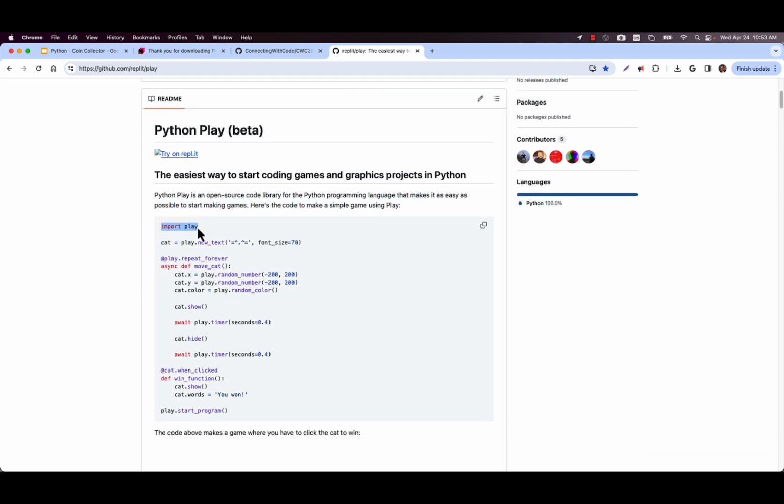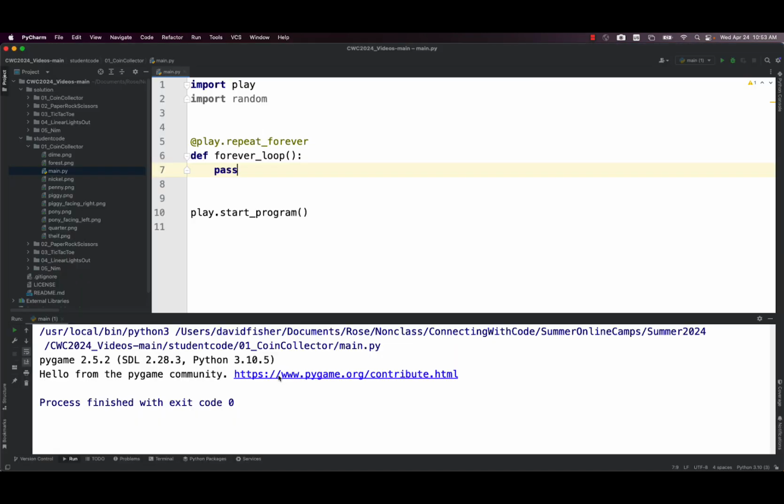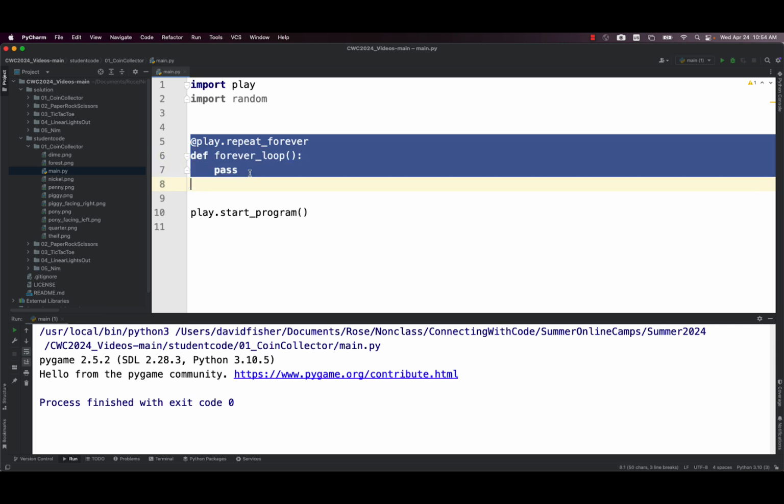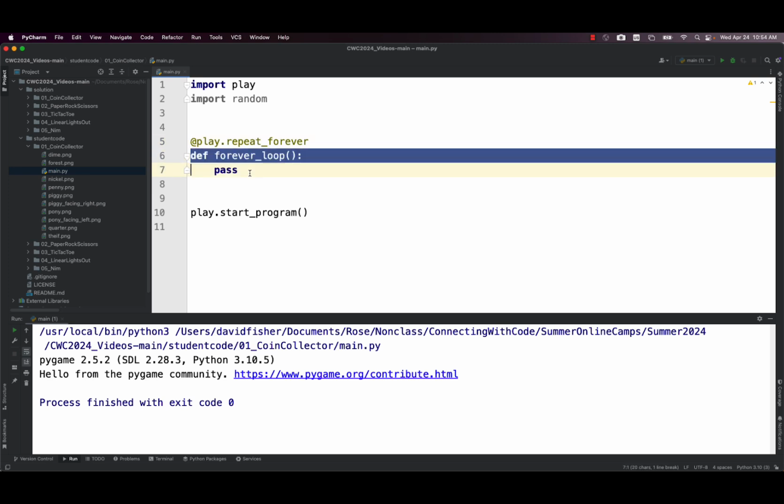You can see that the first line has to be this word, import play. That means use my library. And then the bottom line always has to be play.startProgram. And so those things, this one and this one, I've given you. Random is a different library. We'll use random later in this lecture. And so I just kind of put that one in there. And then I put some example syntax for you in here. It's probably very confusing at first. I put this in here just to kind of show you a little bit of Python code.